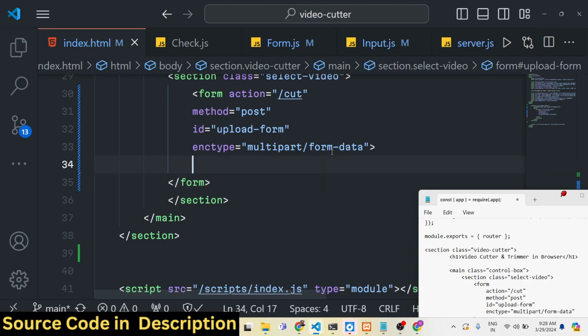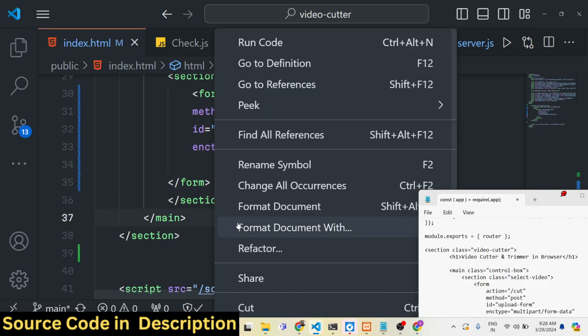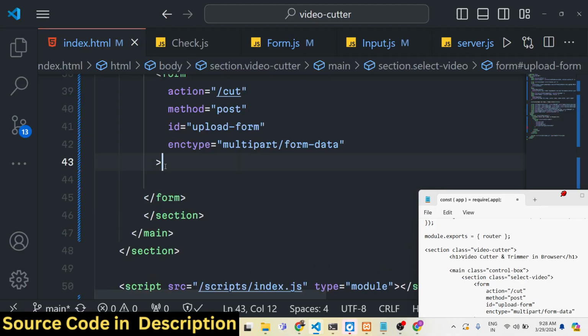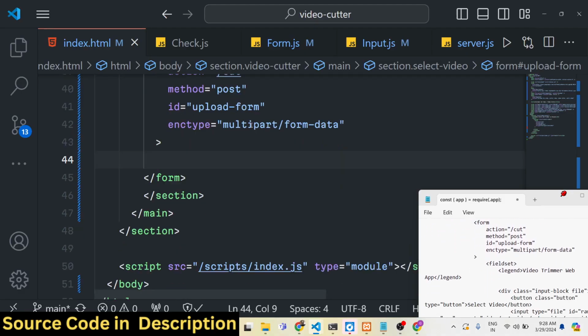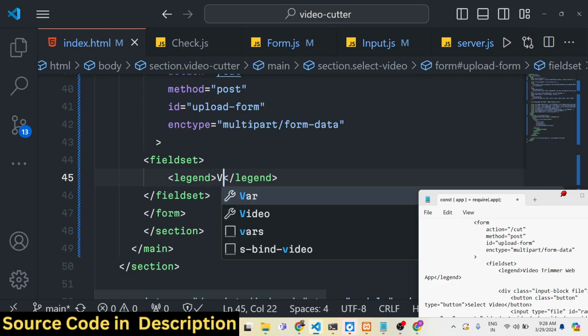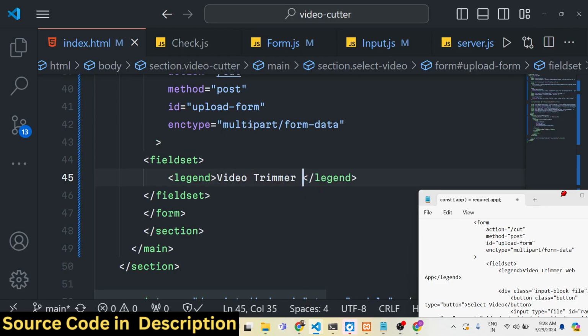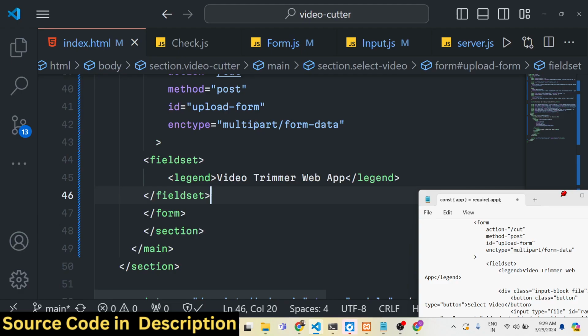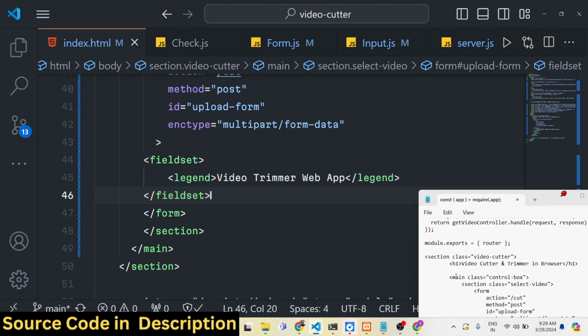So after you do this, we will just format this. So after this, guys, we will have our fieldset. So here we will say Video trimmer web app,